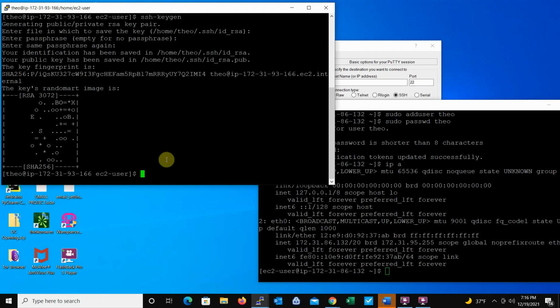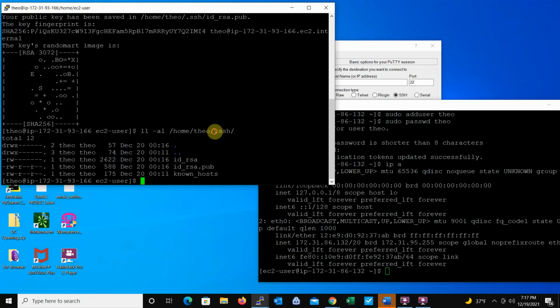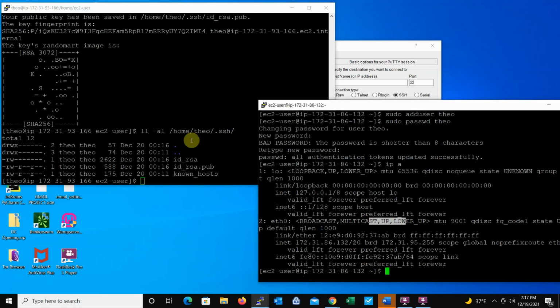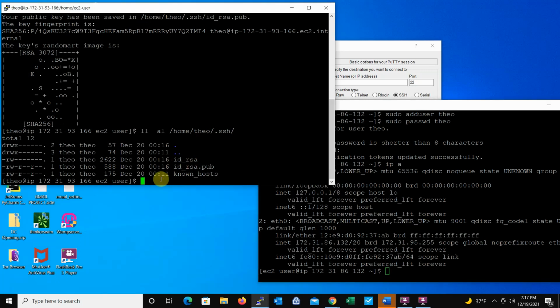So now we have a public key and a private key. And to verify that we have a public key and a private key, it's always going to be stored under your .ssh directory, right? So now we have this public key and a private key. The public key is what you want to give to the other host, and the private key stays here. So instead of you even copying this public key file right here,